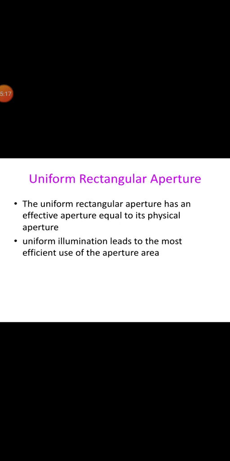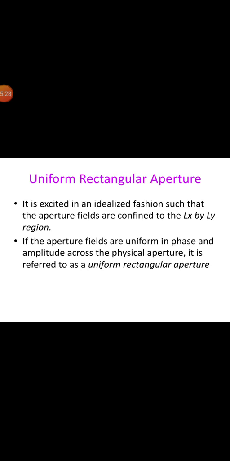So this figure shows a uniform rectangular structure with a width of Lx and breadth of Ly. The uniform rectangular aperture has an effective aperture equal to its physical aperture. Uniform illumination leads to the most use of aperture area. It is excited in an idealized fashion such that the aperture fields are confined to Lx and Ly. If the aperture fields are uniform in phase and amplitude across the physical aperture, then it is referred to as